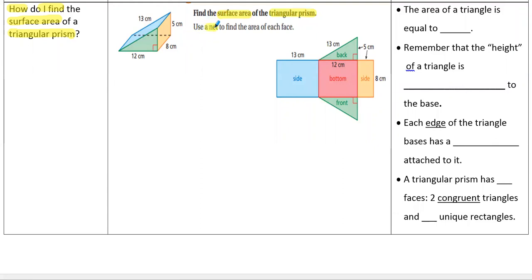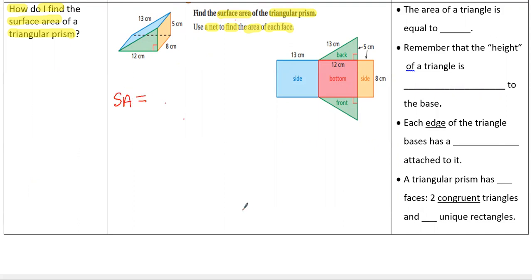Use a net. A net is just when you unfold the three-dimensional solid, you unfold this prism into a bunch of flat two-dimensional shapes. Use a net to find the area of each face. All right, we're going to do the same thing as last time. Finding surface area. What are the first letters of surface area? SA. So SA